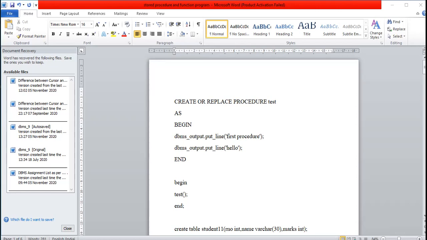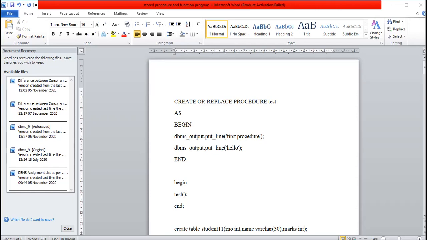These types of queries can be utilized in a procedure, but we cannot use a function with a data manipulation query. In a function we use only a select query, like a cursor. In a cursor also only the select clause gets executed. Similarly in a function we work only on select queries, and a procedure will work on DML queries.